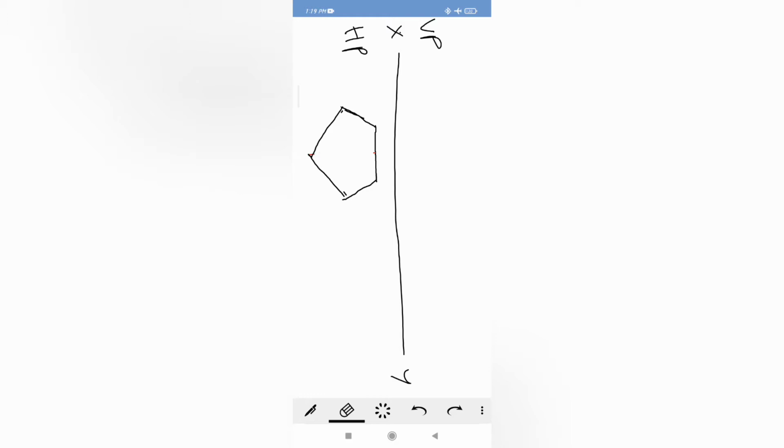As you know, the angle between adjacent edges of a pentagon is 108 degrees. You know how to draw the pentagon. Draw it like this. As one of the edges of the base is given parallel to VP, I have started the pentagon by drawing an edge parallel to this reference line, and I have named these points A, B, C, D and E.